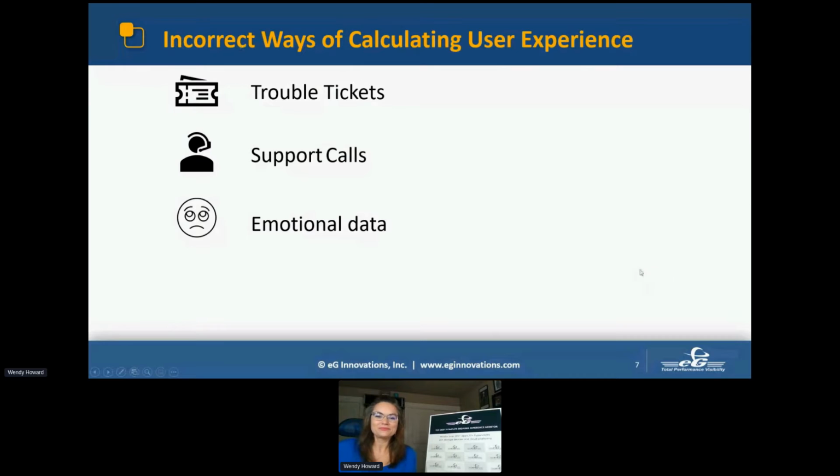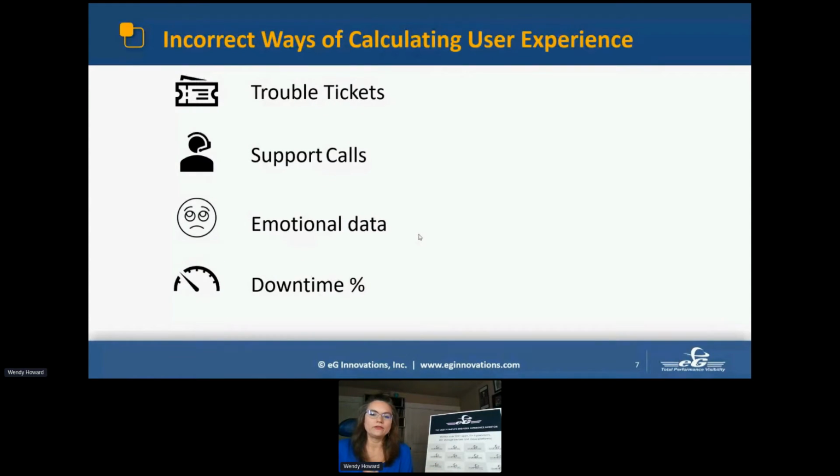They don't have that for your web applications. And then some people even use surveys to calculate or figure out what emotional data looks like. Still, it's not a real number of performance. And then downtime. Downtime's a tricky one because so many people want to use that number to say, here's how